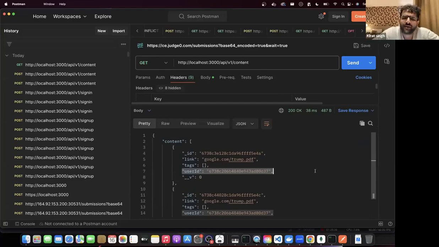What if I want to see my username also here? यार जो डॉक्स आ रहे हैं उनके यूजर की इंफॉर्मेशन भी चाहिए मुझे. What if in the future we support something like other people can edit and add things in my brain. I repeat, other people can add it in my brain. तो यहाँ पे एक और प्रॉपर्टी होगी added by, which will be a user ID, which will be a foreign key. पर जब मैं UI में देखना चाहता हूँ, when I want to go to the UI and see that card, I should see added by Raman, even though it is in my brain, it was added by someone else.